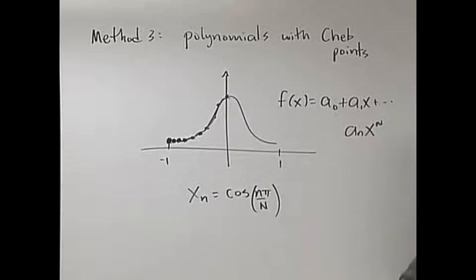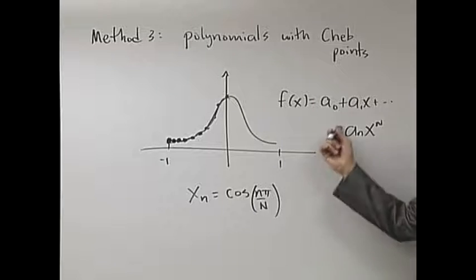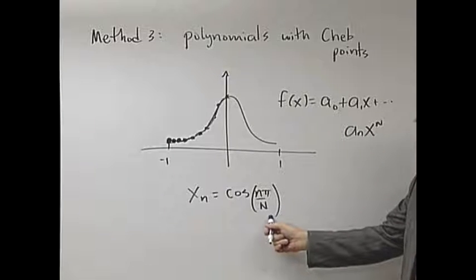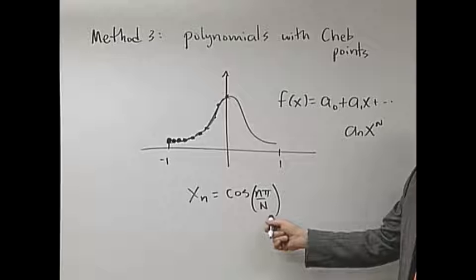Method 3. So to clarify, we're not converting to a polynomial because it is somehow required to apply the spectral methods. We're converting it because polynomials are fundamentally easy to deal with. Yeah. Okay. So polynomials are very easy to deal with, and now what we found is they especially like Cheb points.